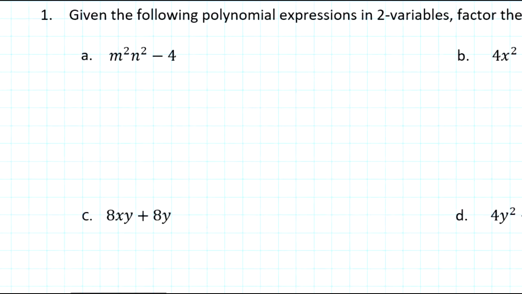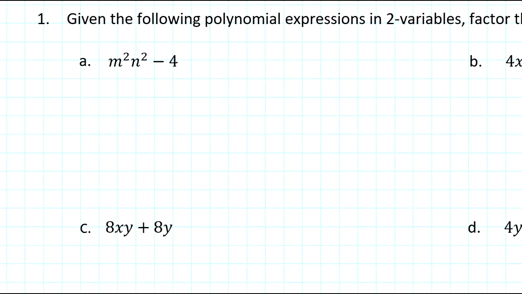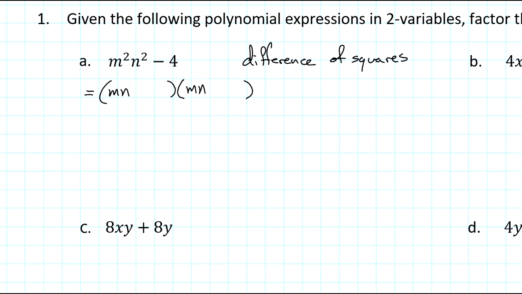Let's begin with part A, where we have m squared times n squared minus 4. This is going to be a difference of squares. What my eyes see is that I have something squared. M squared and n squared are both perfect squares, and 4 is also a perfect square. So if I try factoring this, I can open up a couple of sets of parentheses. If I put mn in the first location, and then a 2 in the second location, with a plus and minus, that should be our complete factorization. If we check this,